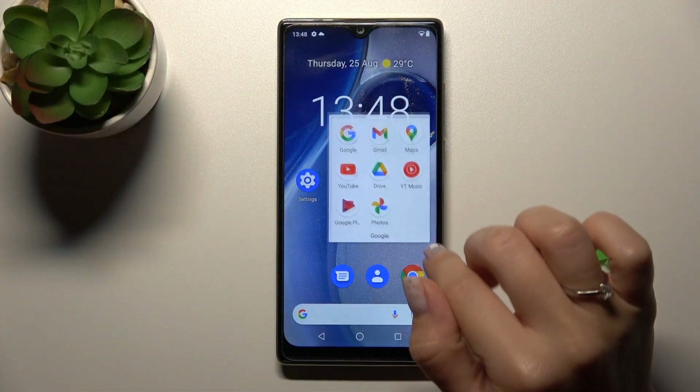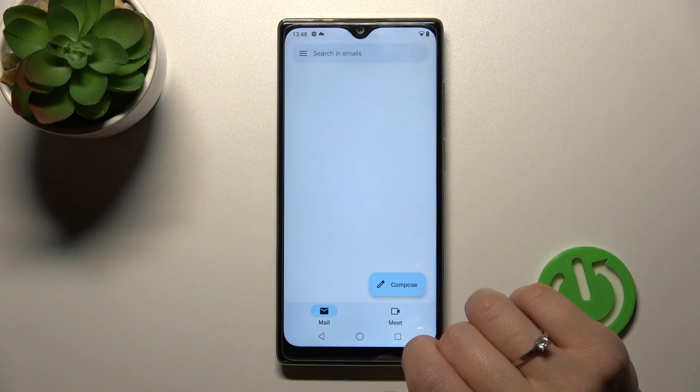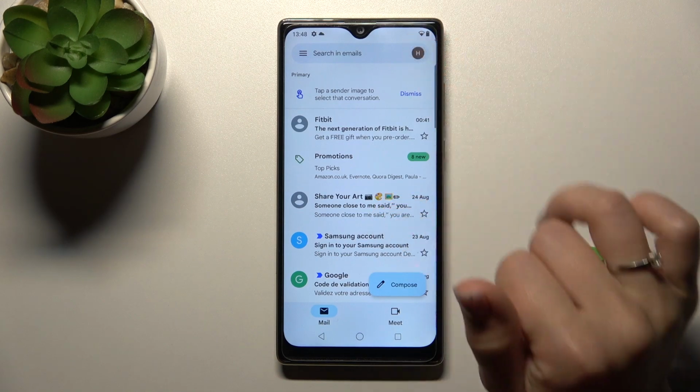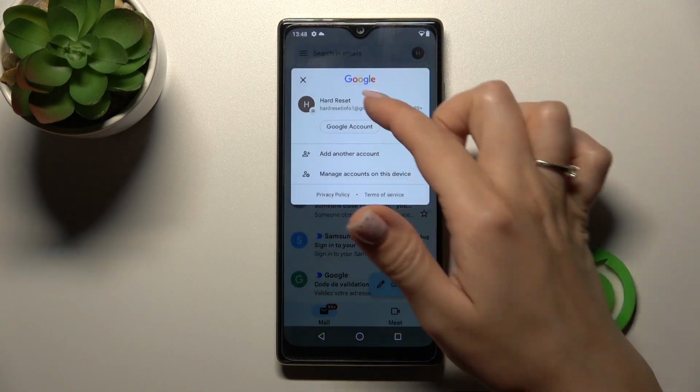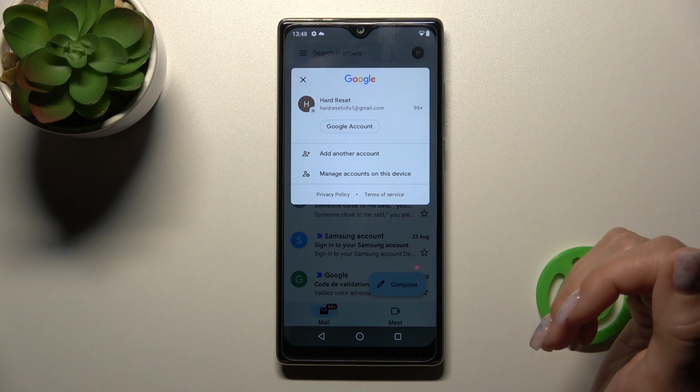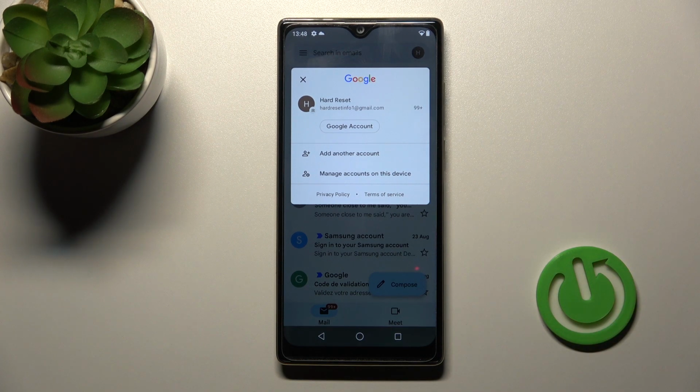So first we should launch the Gmail application, and now we can see by tapping the right upper corner that we're logged in to a Gmail account in the Gmail app. And if you want to log out from the Gmail account in the Gmail application, we should log out from the Google account